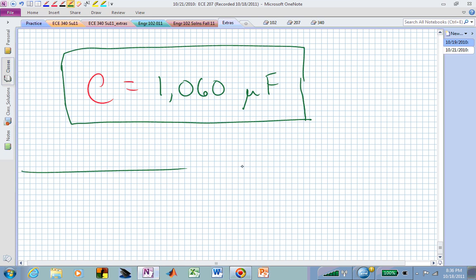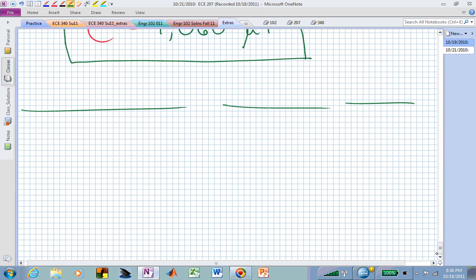Let's now look at a balanced three-phase system. We've now talked about complex power for single-phase systems, and we've talked about what we can do with that. We can now do power factor correction. Let's now generalize this single-phase